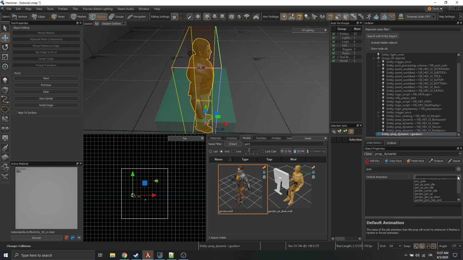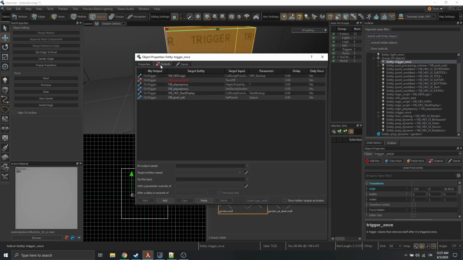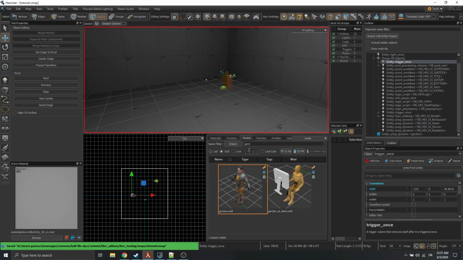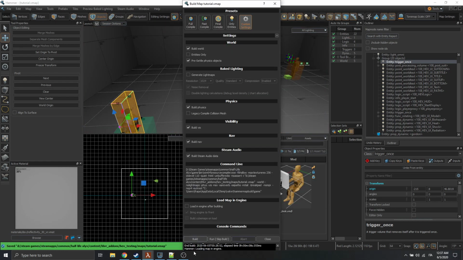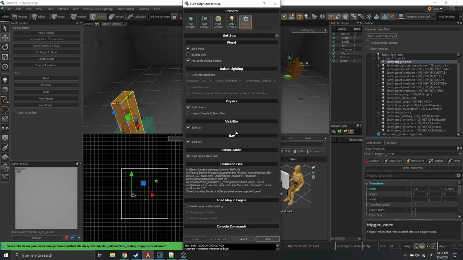So first of all, let's disable collisions. Default animation, I'm gonna use ref pose so it doesn't do anything weird, and I'm gonna change here to Gordon and it should work. Well, let's test this out. I'm gonna just do one more full recompile just to be sure. I'm gonna build this